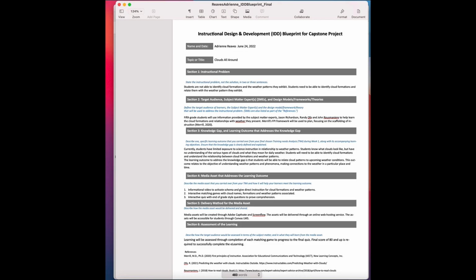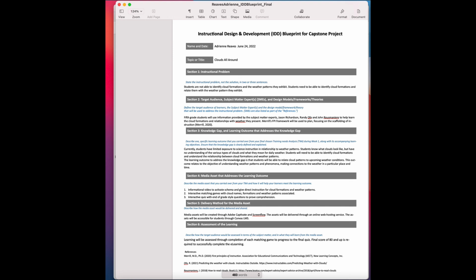This development process helped me complete my blueprint because every aspect of development from the TNA to the FPI to the HTA all played a significant role in making my blueprint as succinct as possible. The TNA allowed me to identify my instructional problem, target audience, and SMEs. Using the FPI in relationship to the TNA, I was able to determine the knowledge gap in student learning and